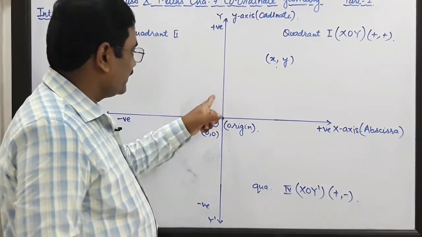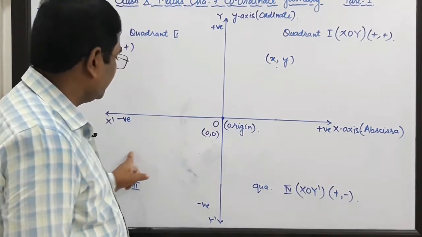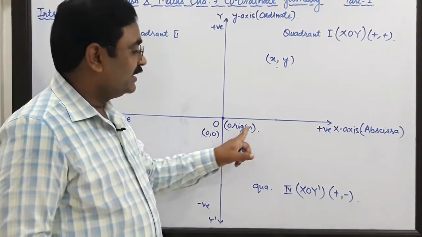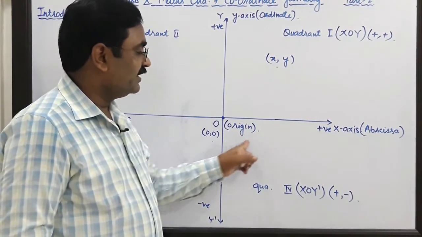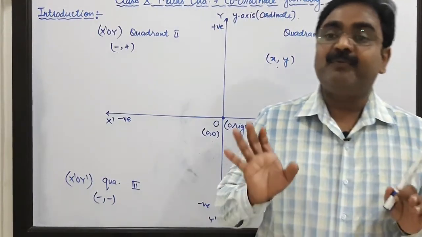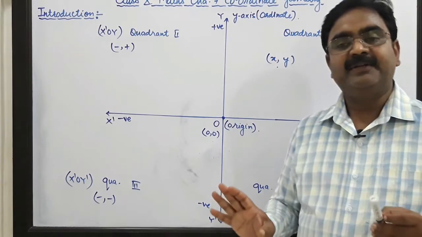Then in the second quadrant, 90 degrees to 180 degrees. In the third quadrant, 180 degrees to 270 degrees, and in the fourth quadrant, 270 to 360 degrees, in the form of angles we are explaining. Here in this chapter, coordinate geometry,